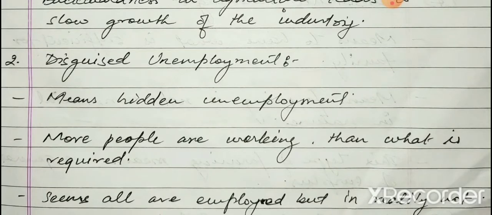Now you need to understand this. What is hidden unemployment? Suppose there is a field of land, and suppose they require 4 people on that field, but actually around 8 people are working there. So these extra 4 people working on that field are unemployed. In reality, they have got employment, but actually they are unemployed. Because if you take these 4 people out of this land,